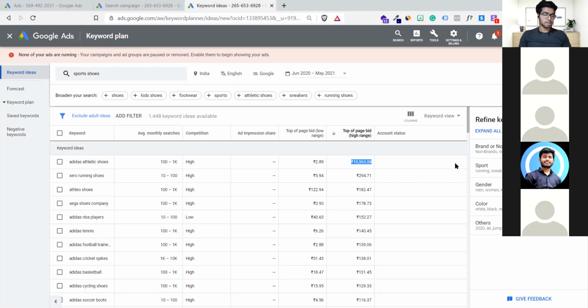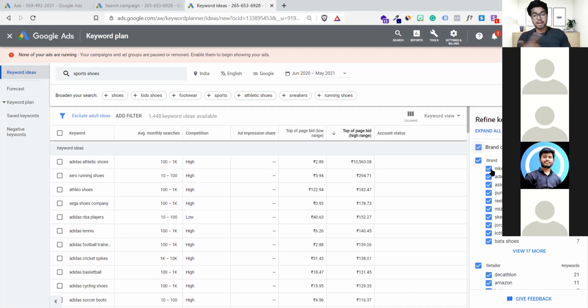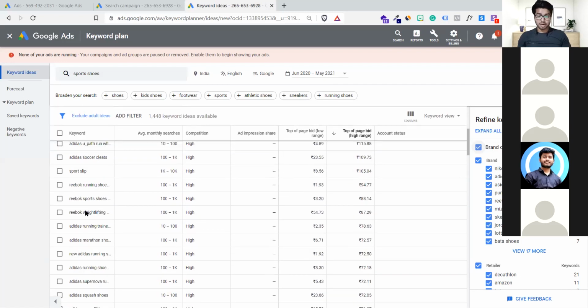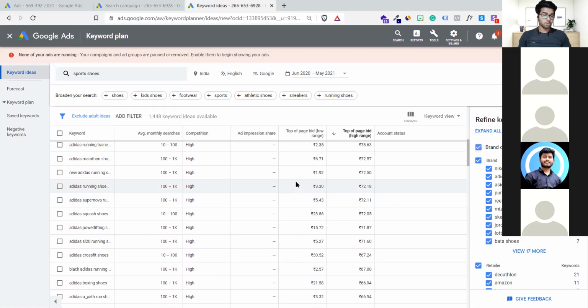See, here is another filter. Let me just show you. On your right, there is a refine keywords option. You can click here. There is branded keywords and non-branded keywords. So if you are using branded keywords, of course, cost per click would be super high. See, Adidas is super high. Zero Shoes is high. Adidas again. A lot of the market is already covered by Adidas and Reebok. And those who are using the Adidas name have to pay 100 rupees for a click. Even the lowest click is 23 rupees. You're getting it? This is super expensive.